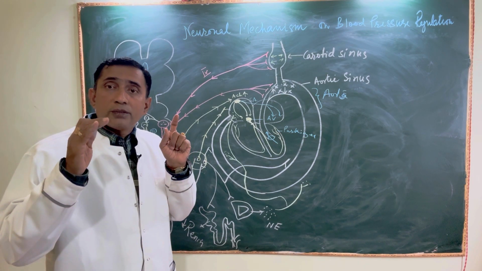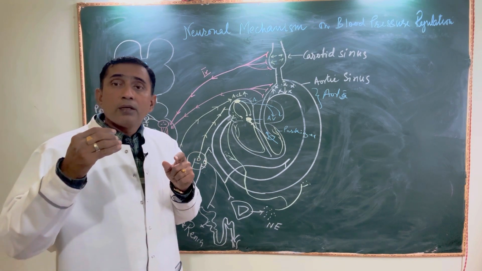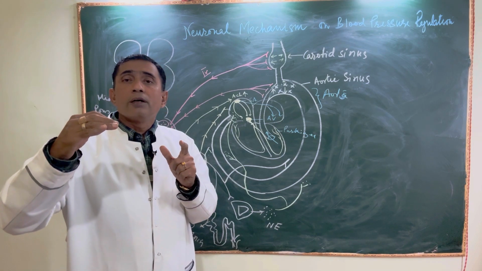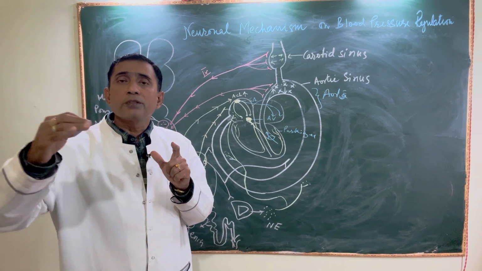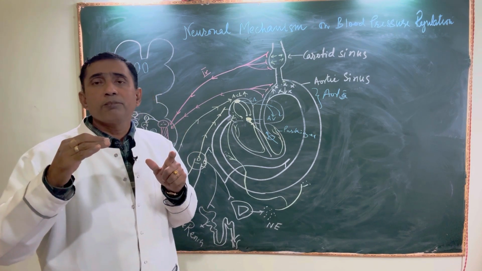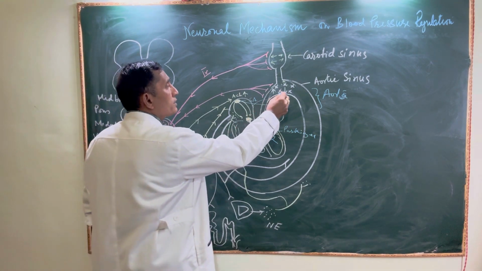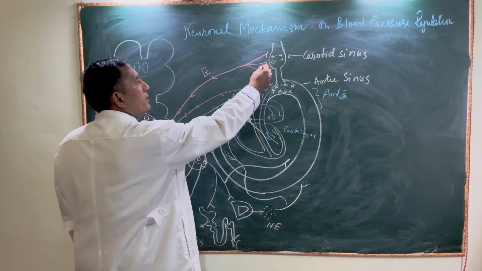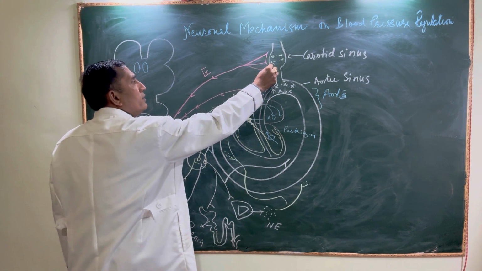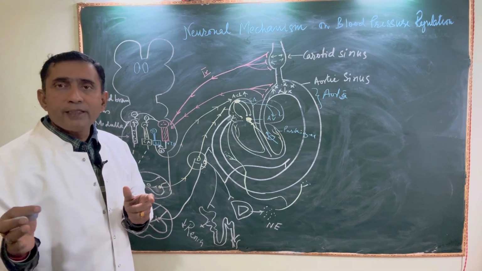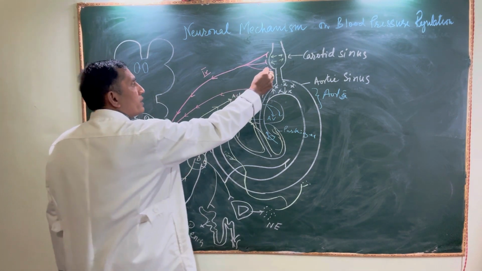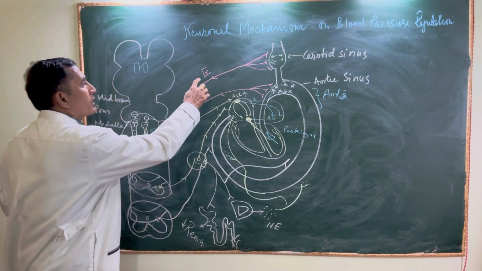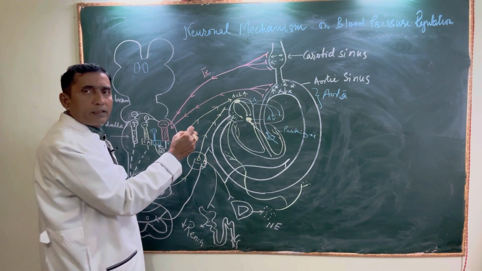These receptors in our body respond when there is any alteration with the pressure, maybe 20 millimeter mercury, 25 millimeter mercury, major changes. At that time, these receptors are stimulated, as I have already told you. And then we have the nerve ending here, and this nerve ending is responsible for carrying the alteration with the pressure. So the sensation is picked up by the nerve ending of the glossopharyngeal nerve, the ninth cranial nerve,